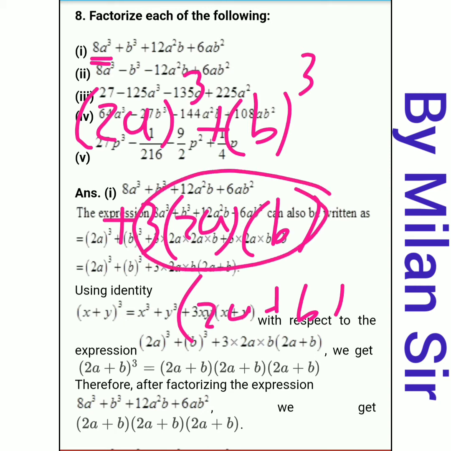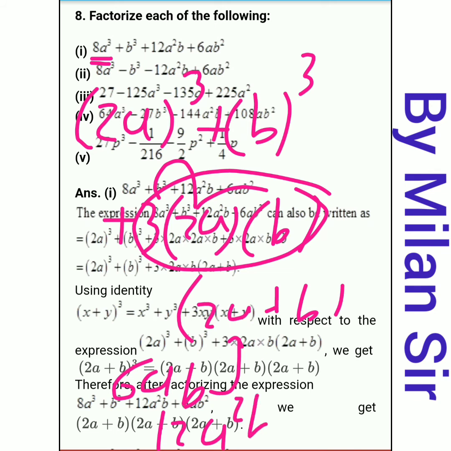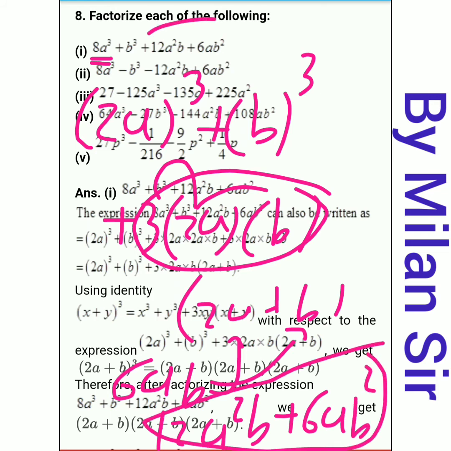Now the multiplication of this term: 3 times 2 is 6, so 6ab, right? If we multiply 6ab with this bracket, 6ab multiply 2a, so 6 times 2 is 12, a multiply a is a square b. Then 6ab multiply with this b, so 6 remains as it is and ab square. This is present in the equation, so our step is correct. This is only for the checking. Find the answer of this term, then multiply that number with this bracket and check whether these things are given in the equation or not. Right now it is given, so we can use this identity.